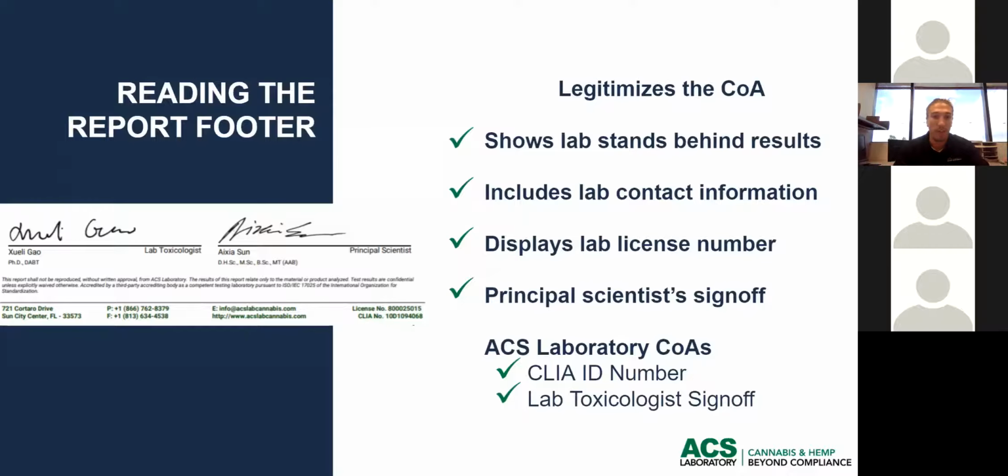If you have a COA and there's none of this information at the bottom, it's not signed off by anybody, there's no license number, there's no other certification numbers, you should definitely take that as a red flag. Whereas a COA with all this information present should be a sign of confidence for you. So now that we know what makes up the COA and what goes into it,